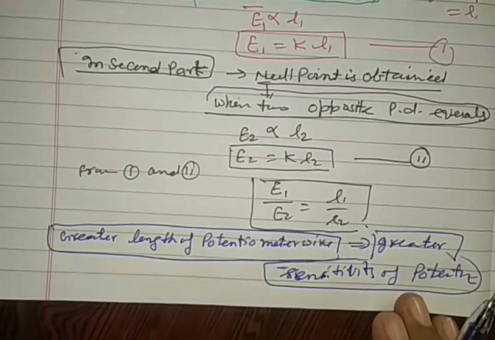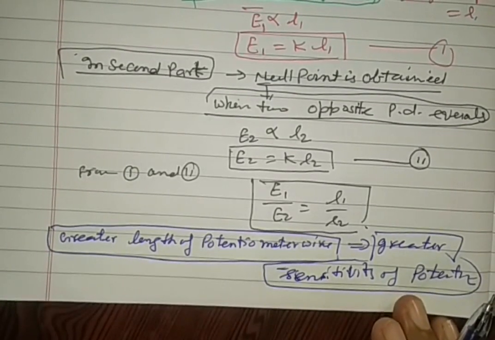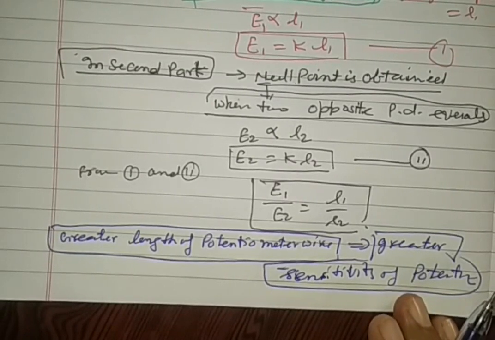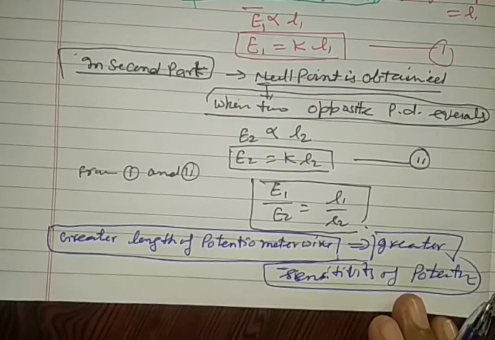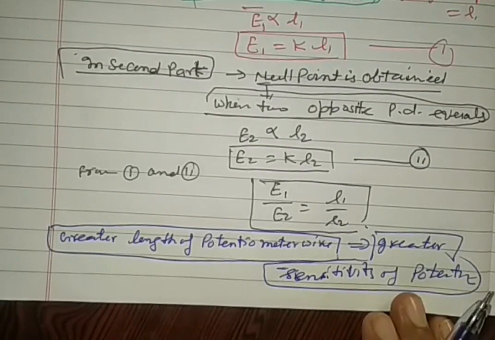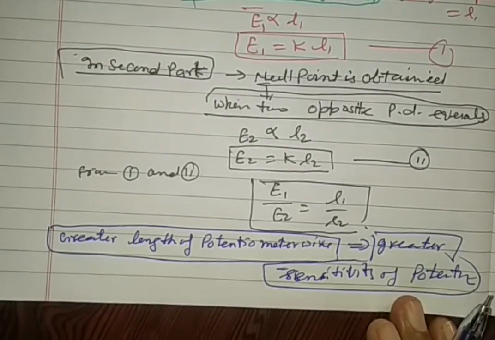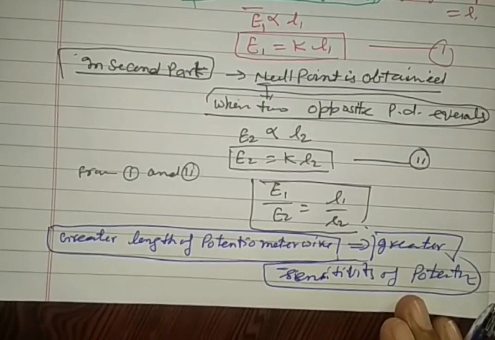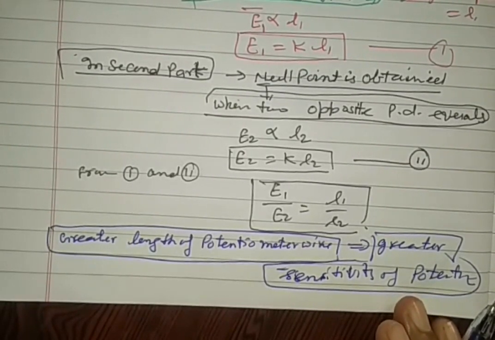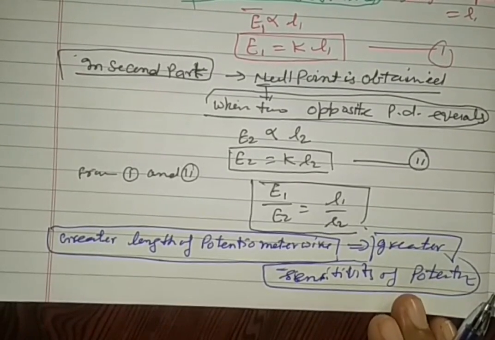One more small precaution is this: we must not allow the current for a long time, otherwise excessive heat will develop and it will change the resistance, so the reading will vary. So you are requested to put the key only when you are going to take readings, and after taking the reading, please switch off and open all the keys. If there is a plug system, take out the plug of the keys.